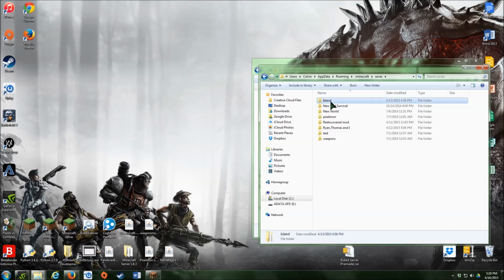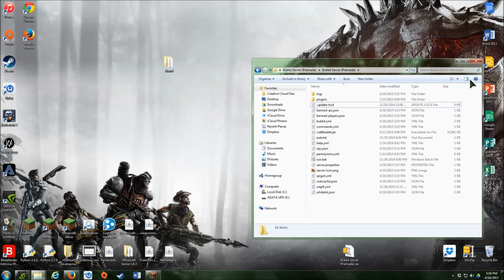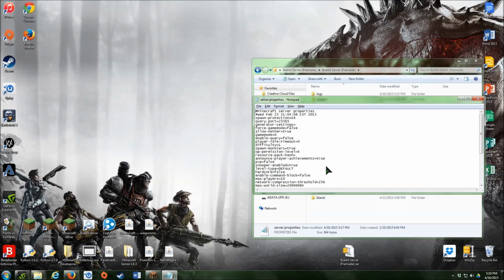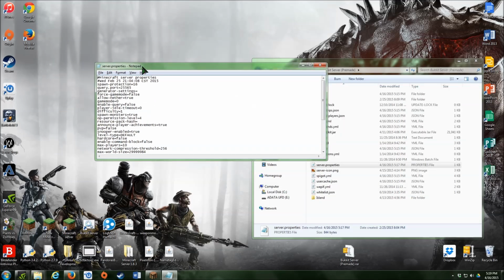Then just take this. See, this is the one I want. So drag that. Now normally you want to copy this so you have it, the original one, and then the new one for your server. I'm not going to copy it right now. Drag that in to your Bukkit server folder. Now you want to go into server properties and look for